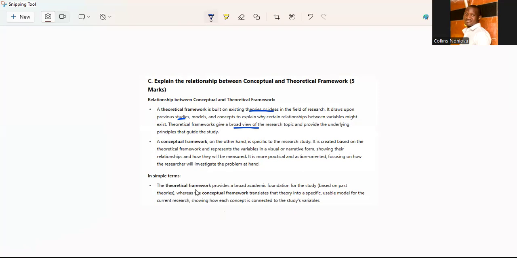So in simple words, the theoretical framework provides you the academic foundation of the study, the past theories, whereas the conceptual framework relates to a specific model that is useful for our study. All right. Then finally, but not the least,